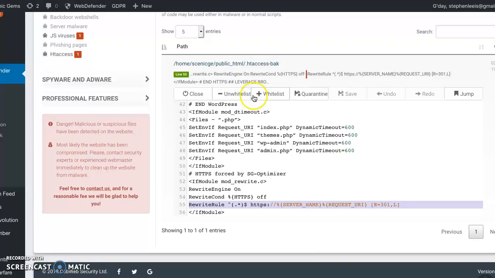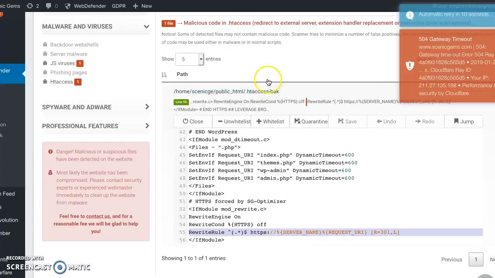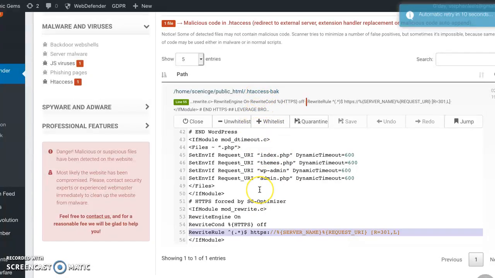And I've also got htaccess back, and I've also got a htaccess file. I used to just have htaccess. I'm not exactly sure where the htaccess back came from. So I've got a whole lot of code in the htaccess back file, and in just the htaccess file I've got a plugin